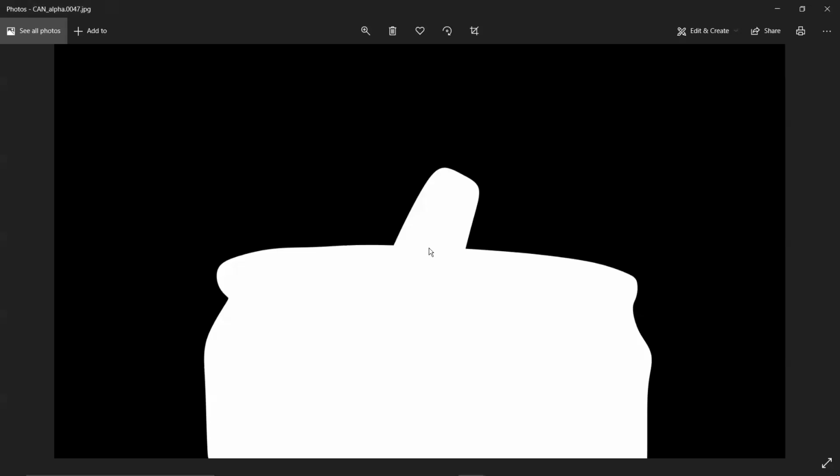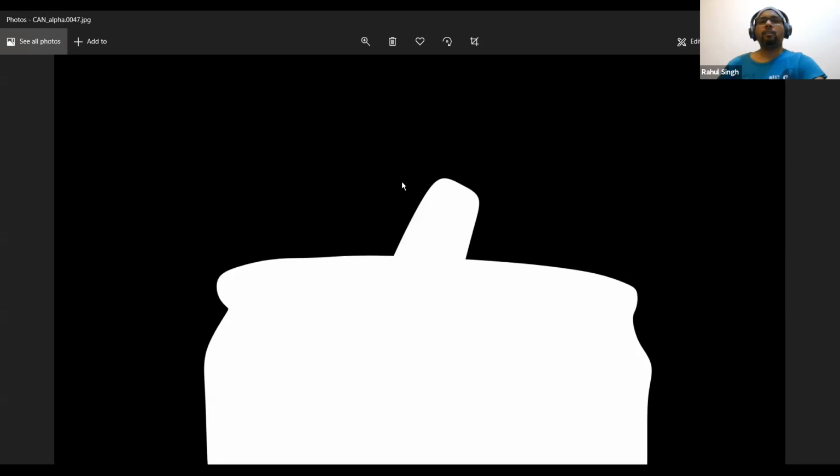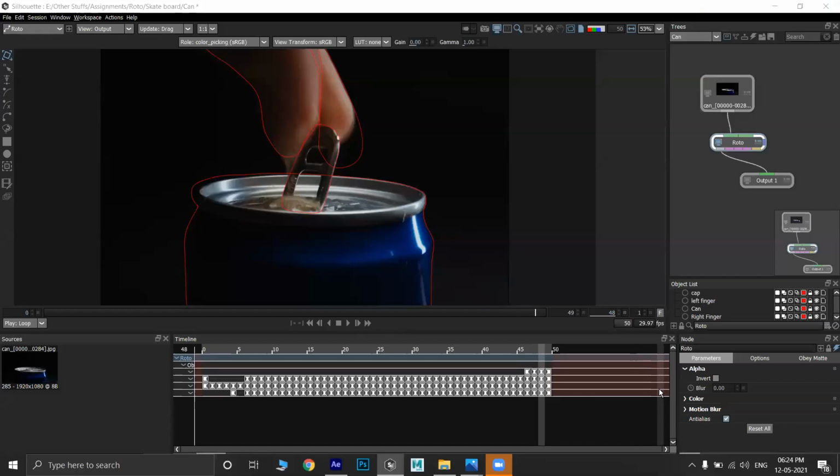So when I export in alpha channel, I'm not able to find the fingers. See, sir, just check your file. Is it hidden there or not? Open your Silhouette. Can you see it? Yeah, it's there now.